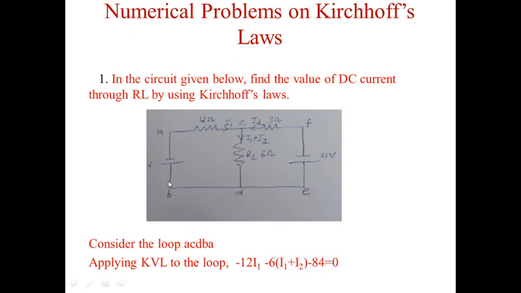Next, from D to B nothing is there, no passive element is there. Now, from B to A the voltage source is there. We are moving from B to A, so it is from plus to minus. The bigger line is plus and the smaller line is minus. So, plus to minus, therefore we have to use minus 84, the value of the voltage source, which is equal to 0. This is the first equation for this particular circuit.